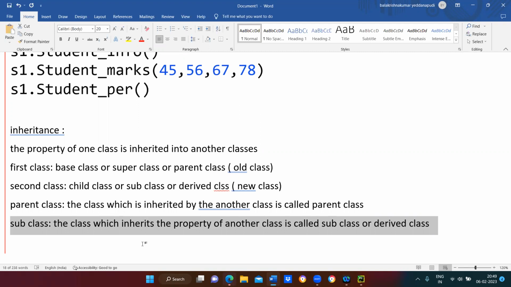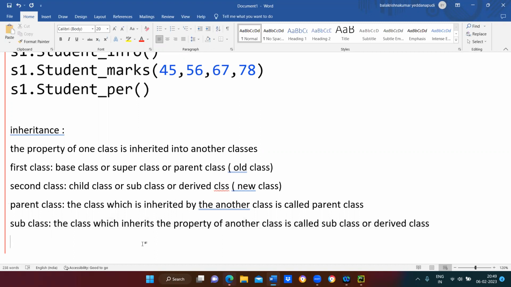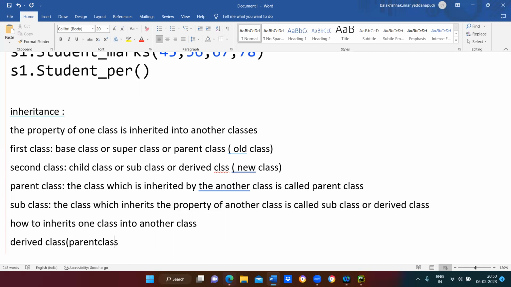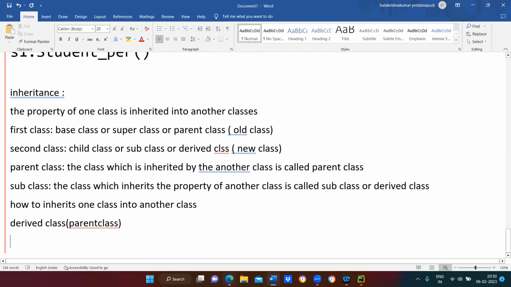How can we inherit one class into another class? So the derived class we can write as derived class of parent class. We can call like this. Okay? This is how we are going to call them. Example is